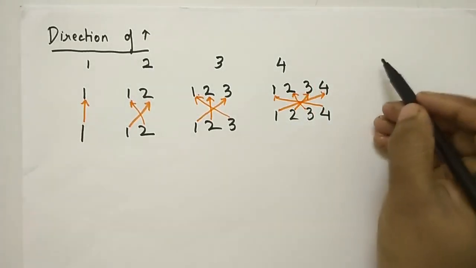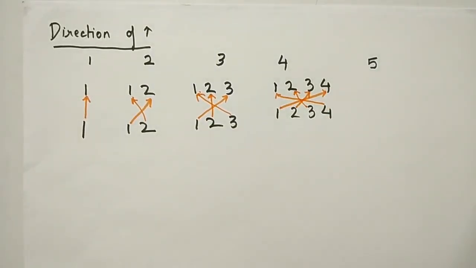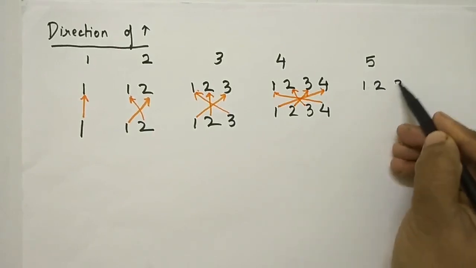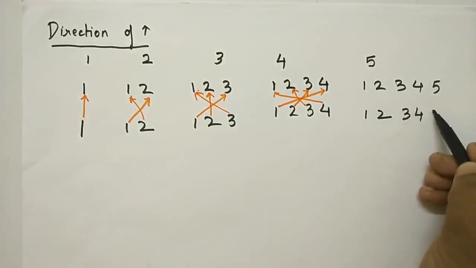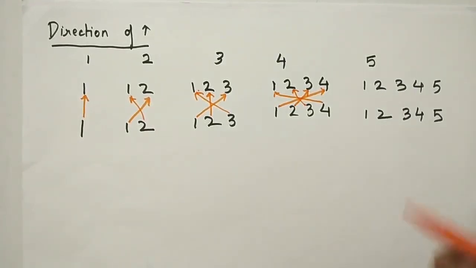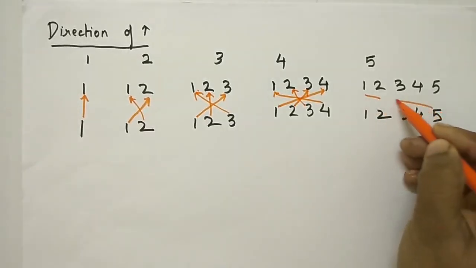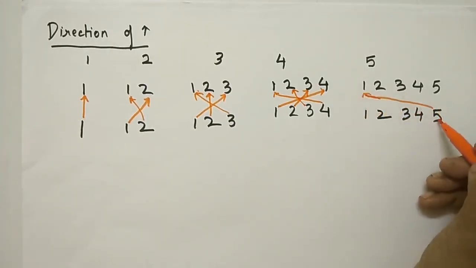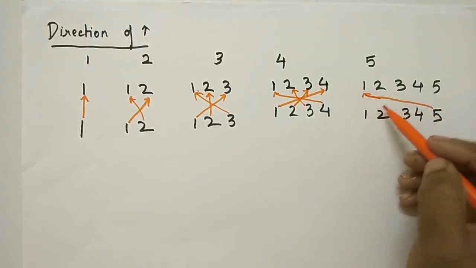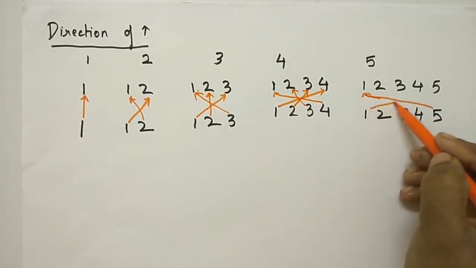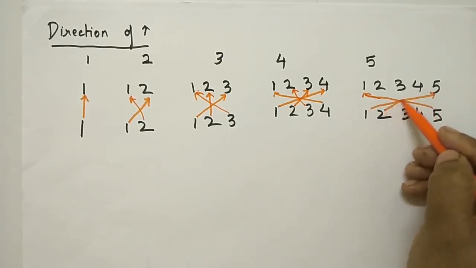Okay? If you see 5 as the pattern number, it means the multiplicand is of 5 digits and the multiplier is also of 5 digits. Okay? In this case, the last digit of the multiplier will go to the first digit of the multiplicand. The first digit of the multiplier will go to the last digit of the multiplicand. The second digit of the multiplier will go to the fourth digit of the